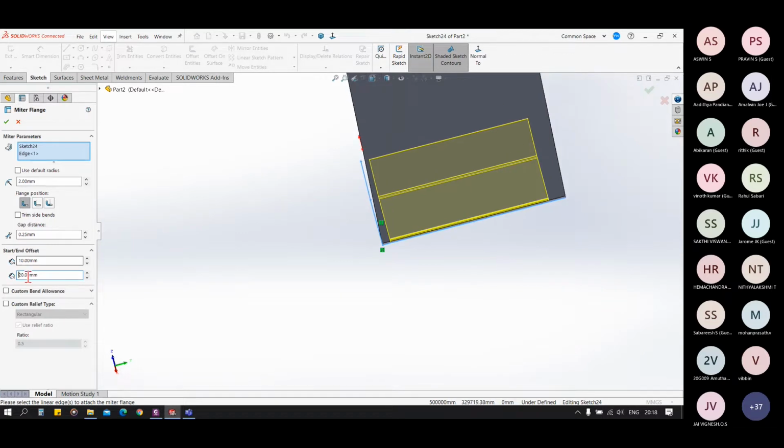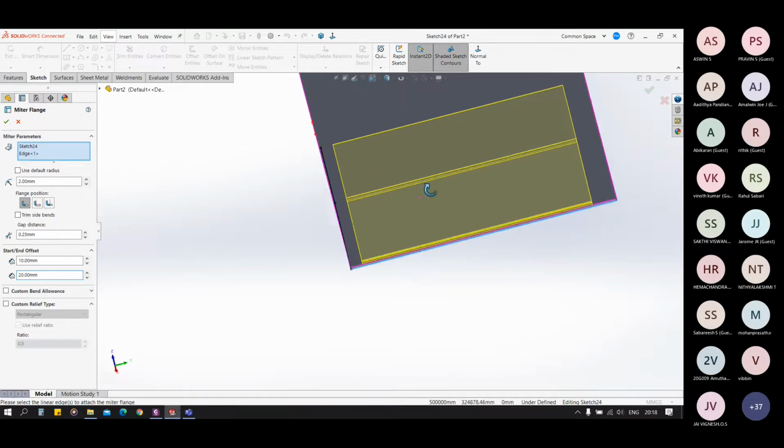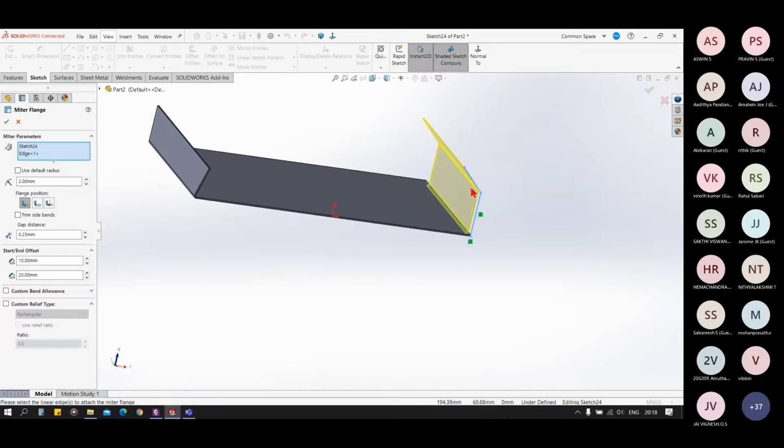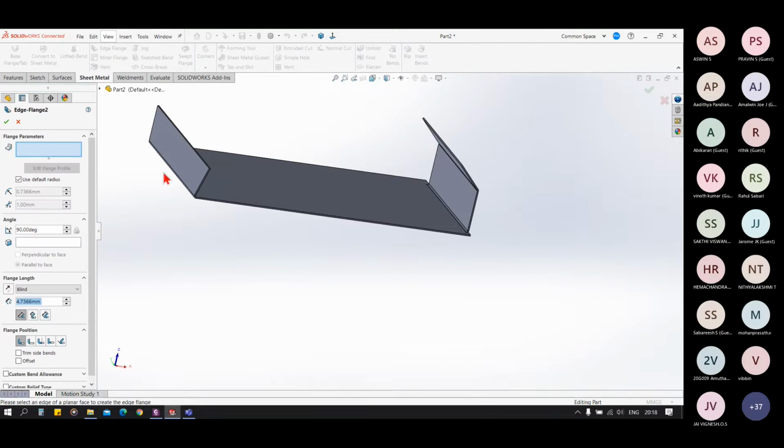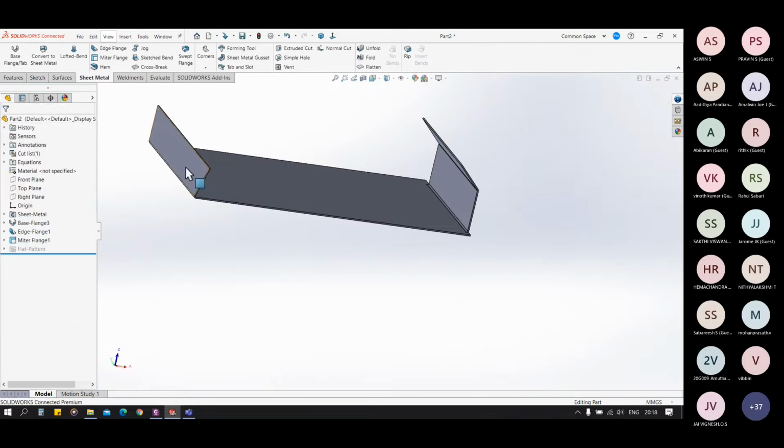So this option is not available in the edge flange. This option is only available in the miter flange. And in miter flange, you can create complex flanges also. In the edge flange, you can only create straight flanges in a single plane. And in the miter, you can have according to your sketch.